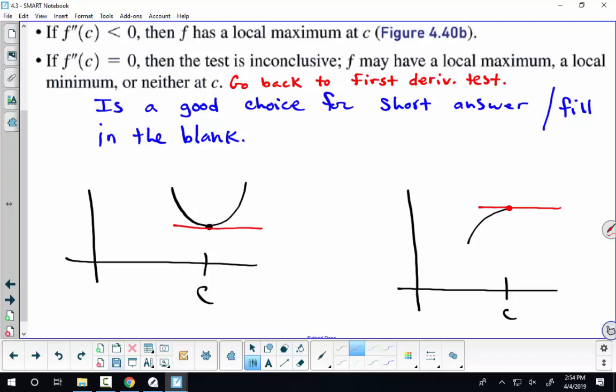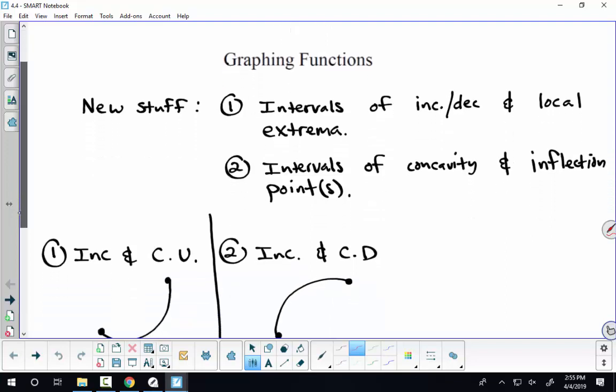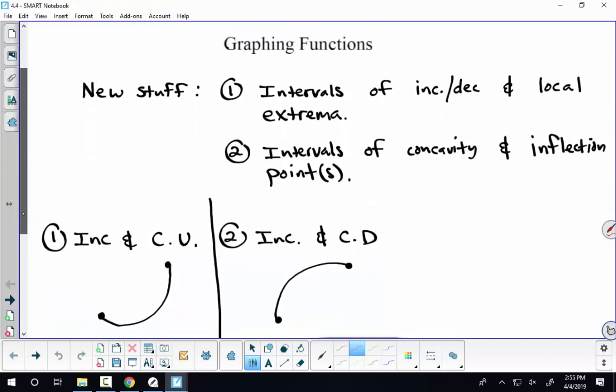all of this information and throw it into our bin of graphing techniques. And that's virtually what we're doing in section 4.4. So graphing functions, the new stuff is just what we talked about, the intervals of increasing, decreasing, max and mins, concavity and inflection points. And so with the other points like x-intercepts, asymptotes, behavior near asymptotes, all of that stuff, in addition to,